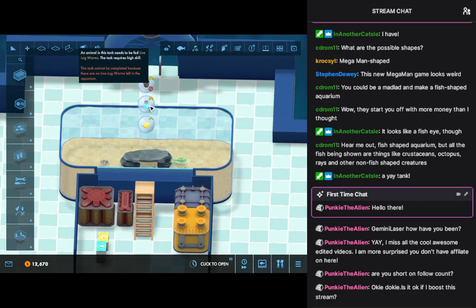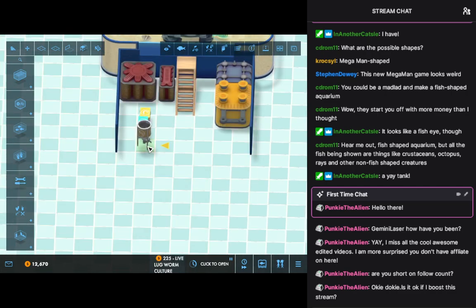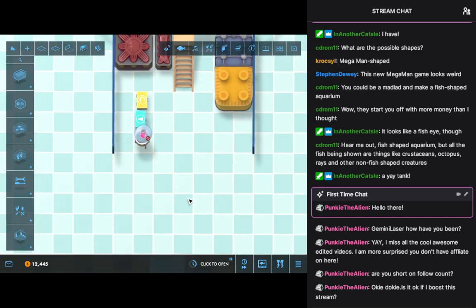And then, ooh goody, live lugworms. So we're going to have some live lugworms over here. Actually, better yet, we can rotate these and put them here. And then let's... What am I doing here with my life? We're going to put...